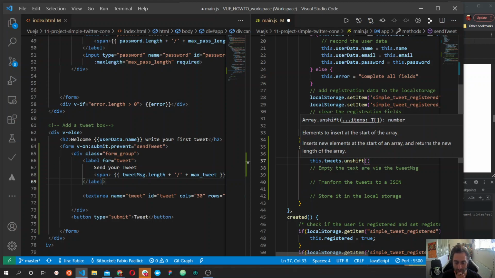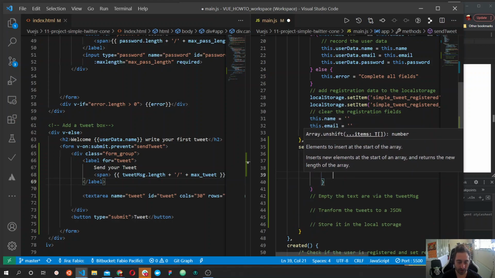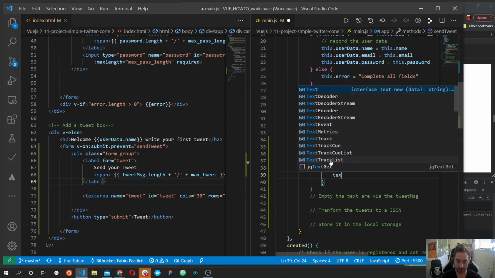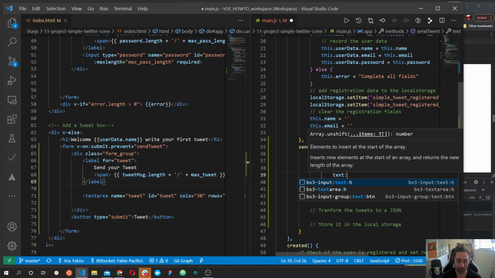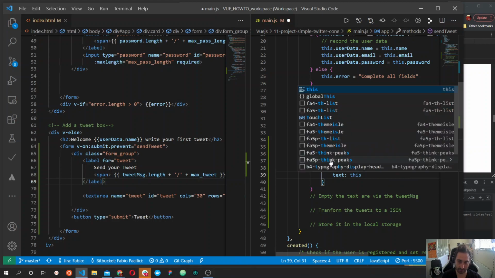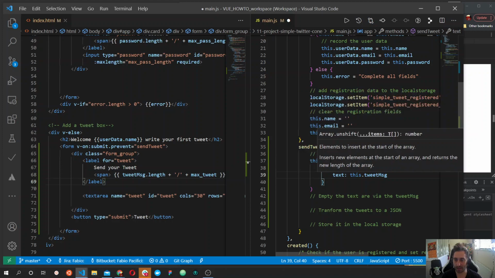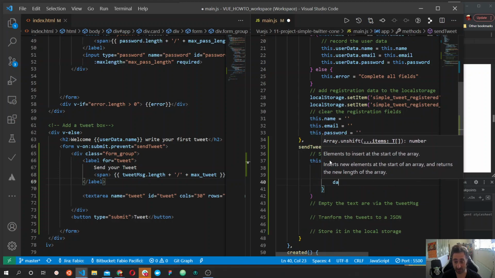So we need to pass here the item that we want to add to the array, and it's going to be an object, as we said. This object is going to have two properties: a text property that we can use to store the actual tweet message, and the tweet message that the user is typing is inside this tweet message property. And then we can have date. So we have a date property, and